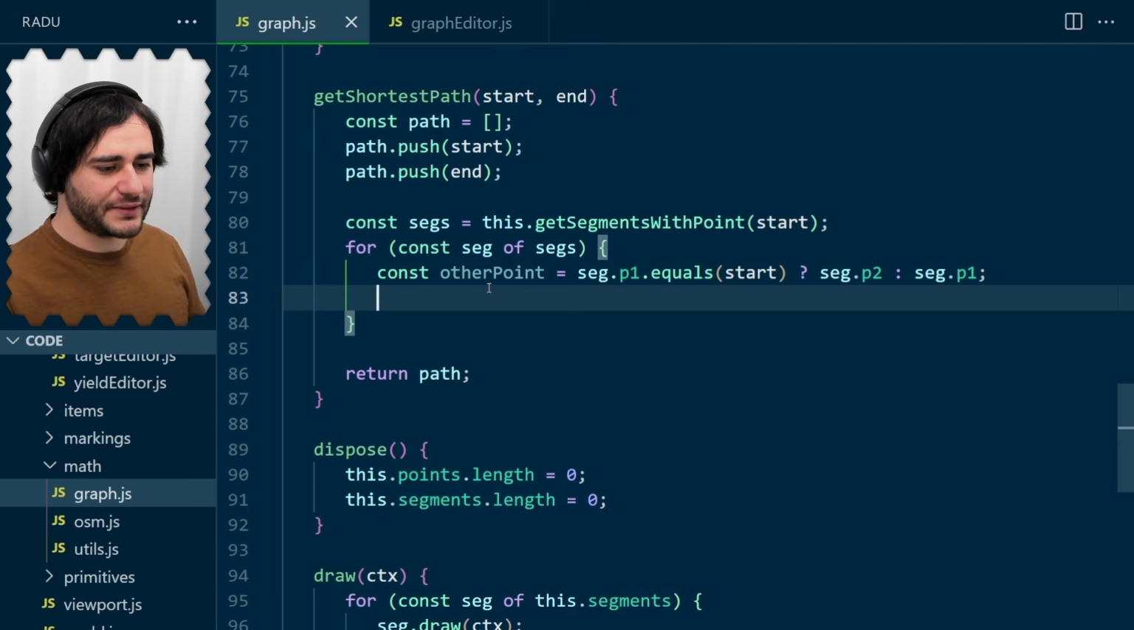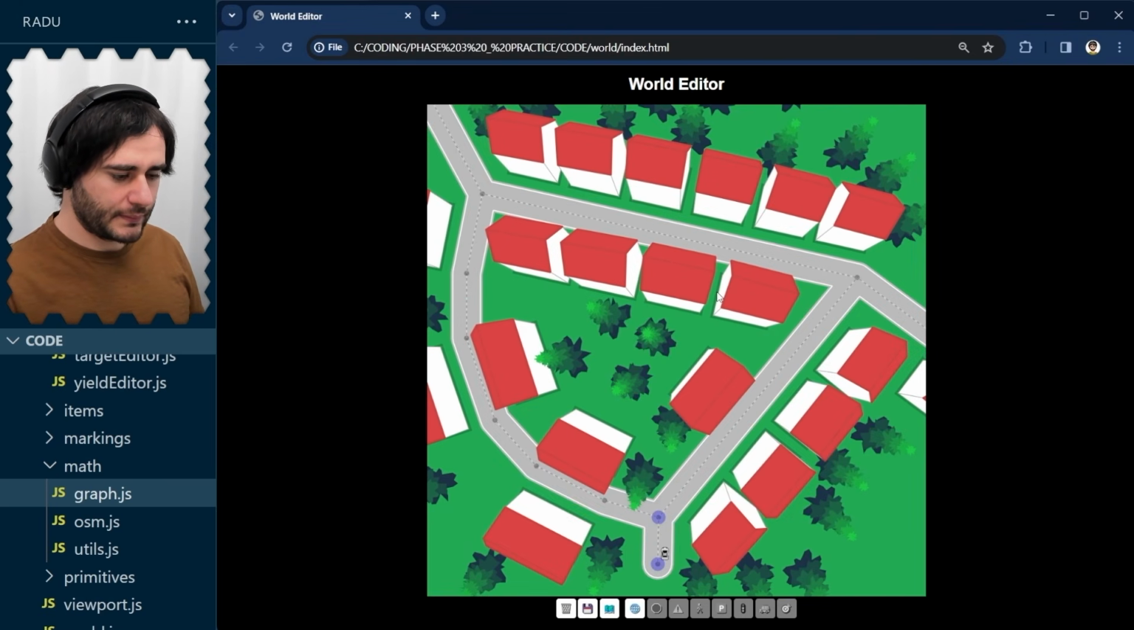And let's add this one to the path and see if it lights up. So path push other point. Like this. Let's save this and refresh, and you're gonna see here both of these lighting up. Now, when we have traveled from here to